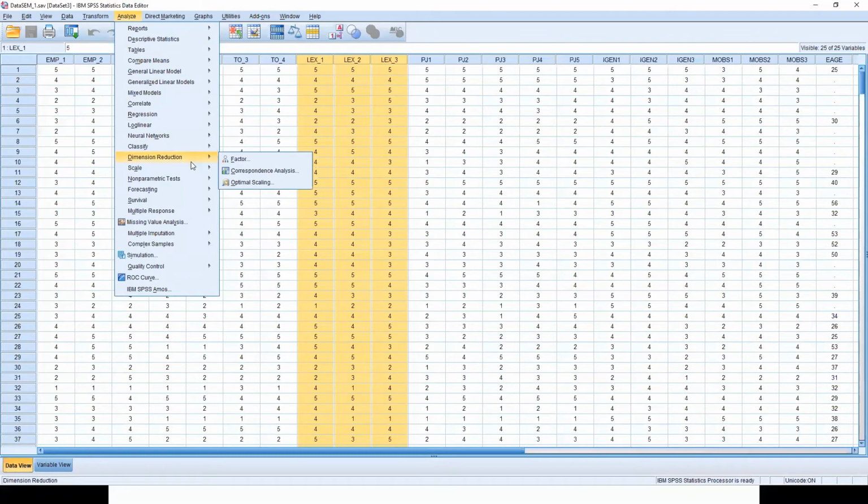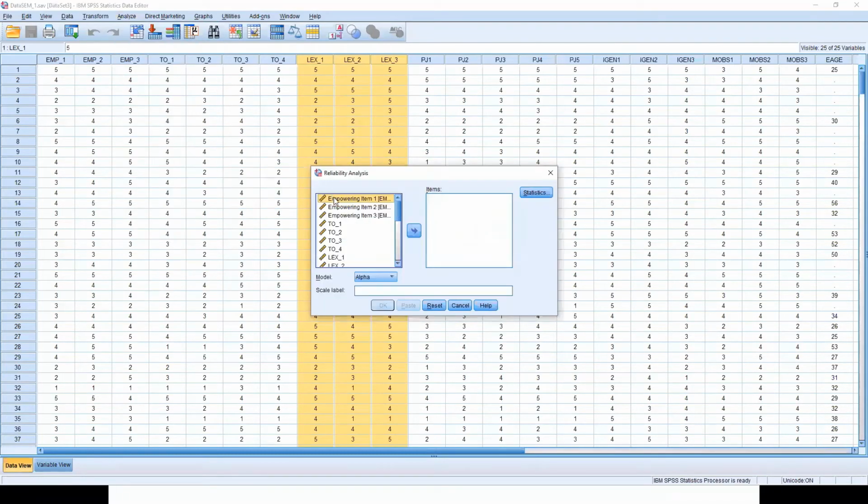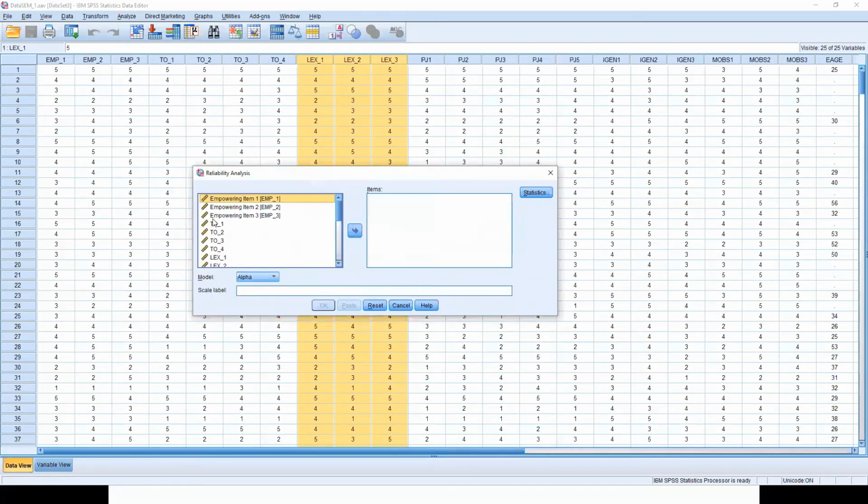We'll go to Analyze, Scale, and Reliability Analysis. Okay, these are our item names. If you see, we had given them some names: empowering item 1, 2, 3, 4, 5, 6, 7, 8, 9, 10.